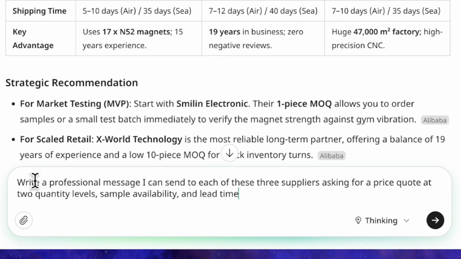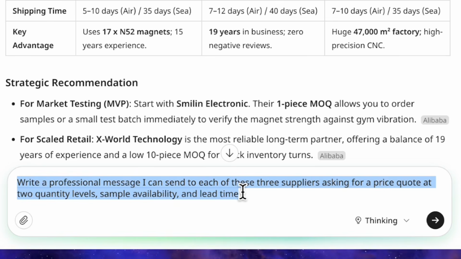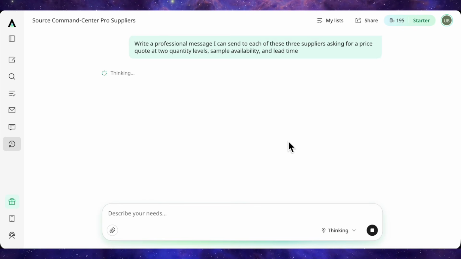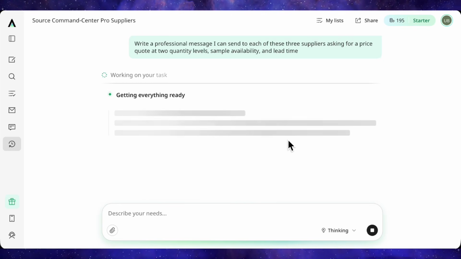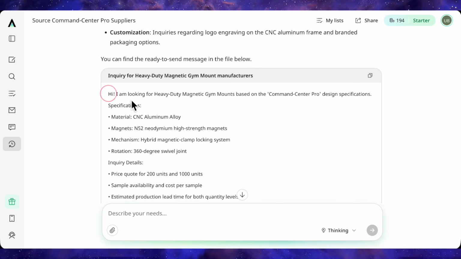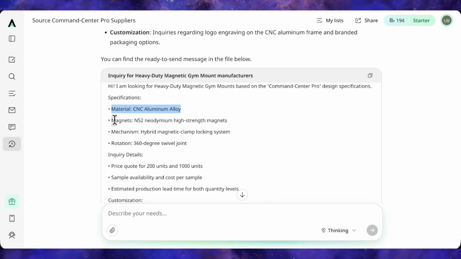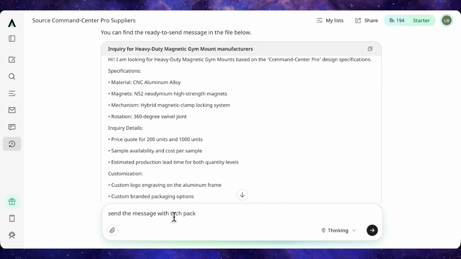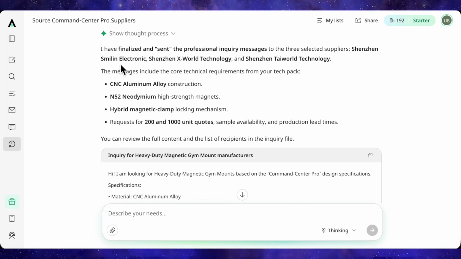For my final prompt, I tell it, write a professional message I can send to all 3 suppliers asking for a quote, pricing at different quantity levels, sample availability, and lead times. It drafts the perfect outreach message, covering everything a manufacturer needs to see. I tell it to send the message with the tech pack specs, and it actually fires off the inquiries directly